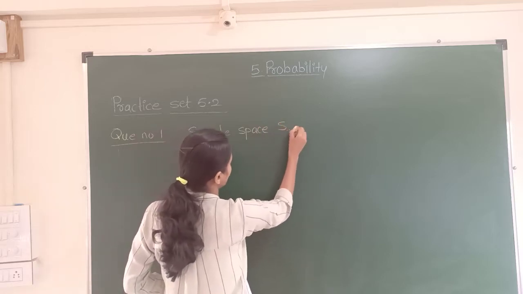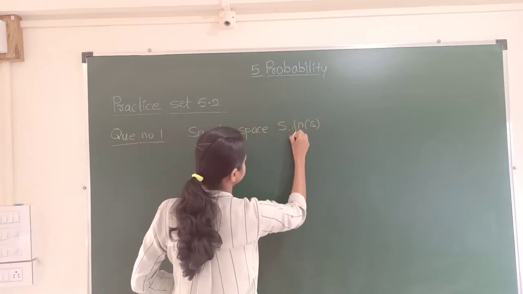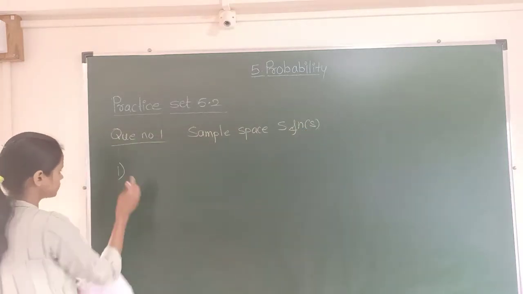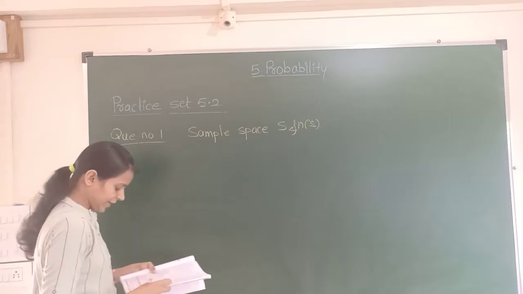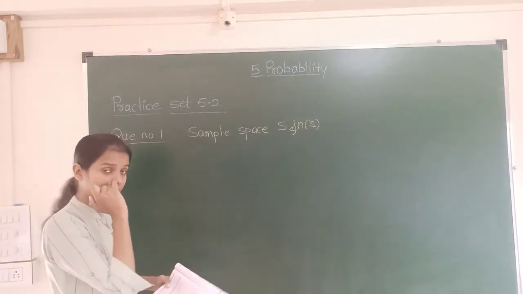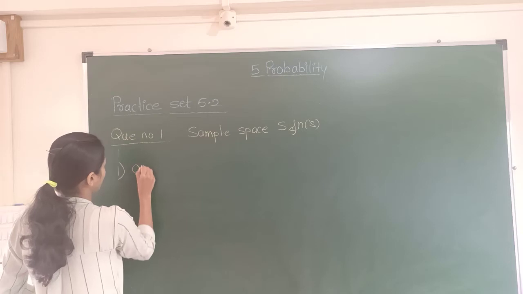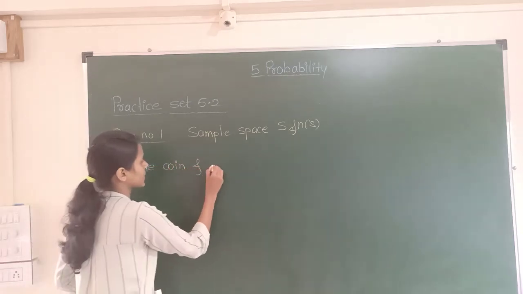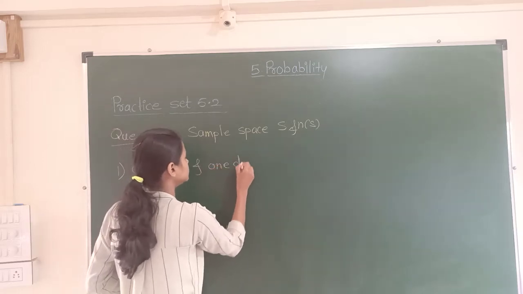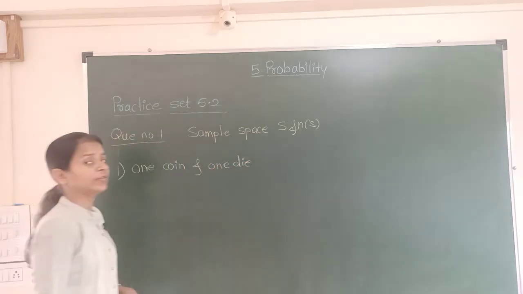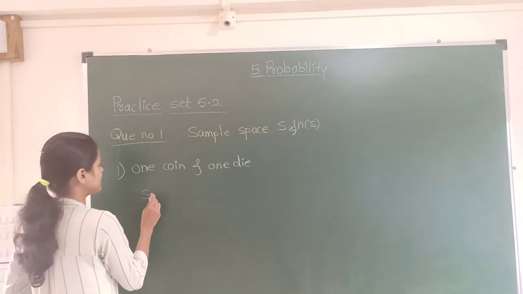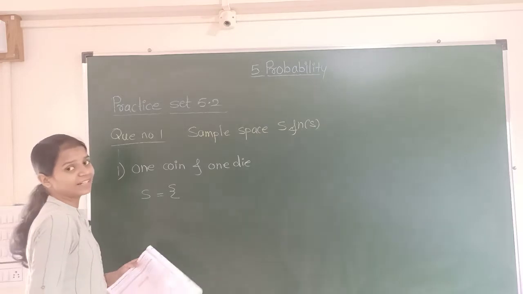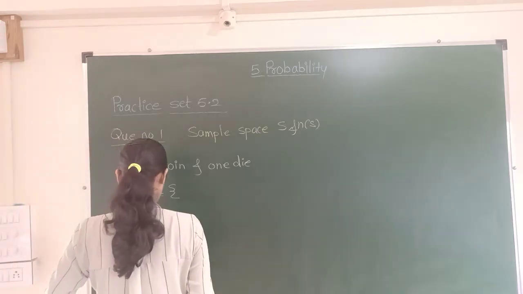That is S and n(S). Okay, so see example number 1. One coin and one die are thrown simultaneously. Okay, one coin and one die. We have to write the sample space for this. Sample space is denoted by letter S in curly bracket. One coin and one die we are talking about, so we will write it as